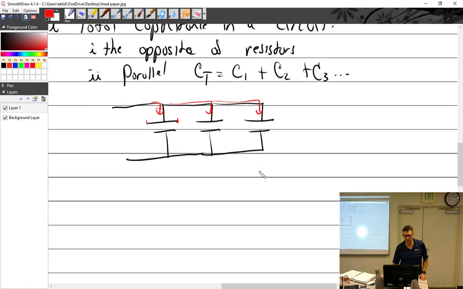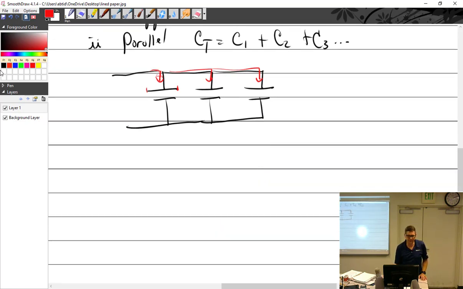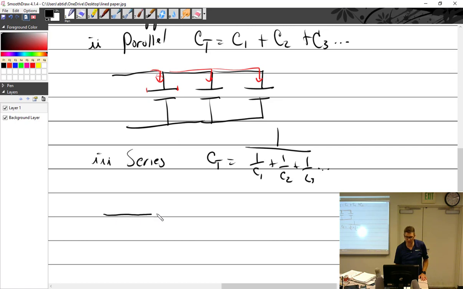All right. But in series, you know what I'm going to say, I hope, is capacitance total equals 1 over C1 plus 1 over C2 plus 1 over C3, on and on and on. And the reason why that is because